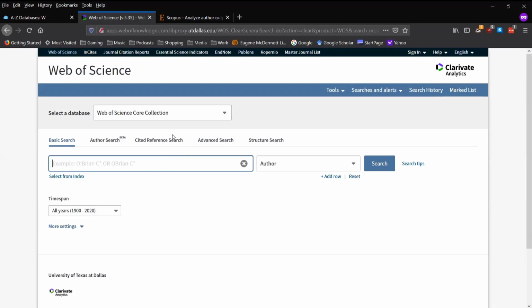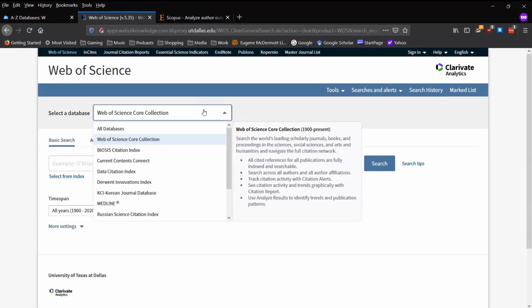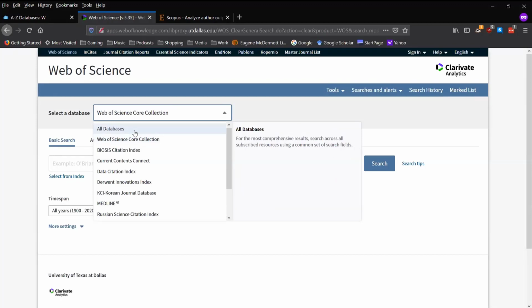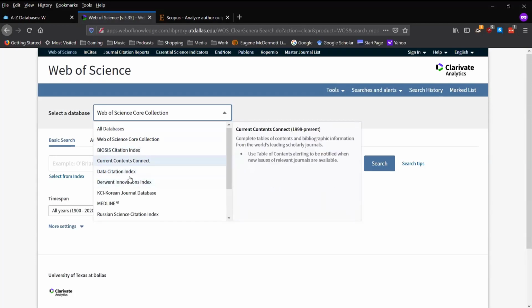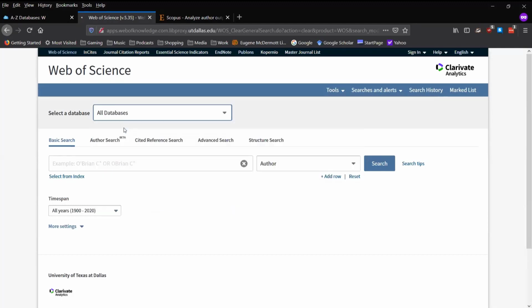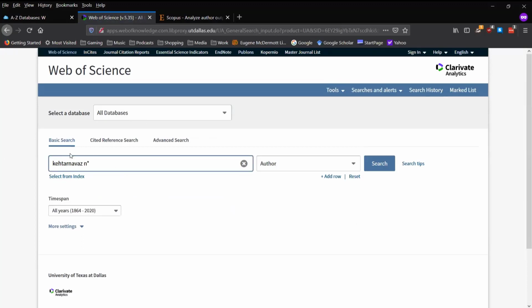another thing that I like to point out is that with Web of Science, it defaults to what's called the Web of Science Core Collection. There's actually some additional collections in here that can be searched. I like to be as broad as possible. So my advice is from this pull down go to all databases, and it will add some of these additional indexes like BioSys, a biomedical science, biology and medical science database, Medline, and several other indexes. So I like to change this to all databases. Okay, and then